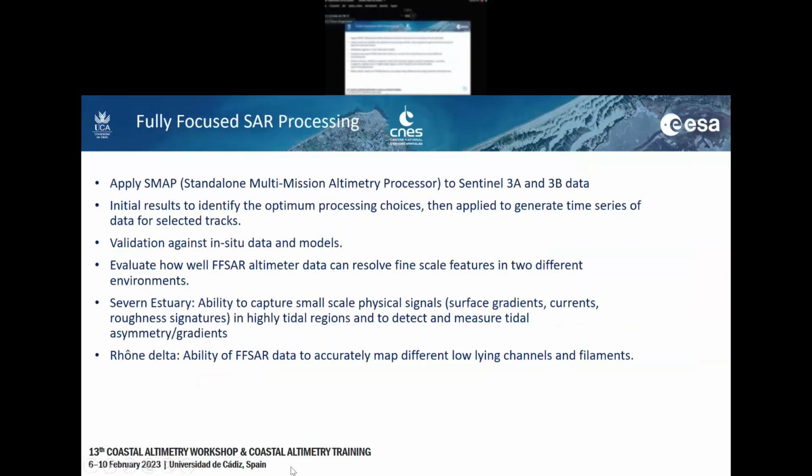Moving to fully focused SAR processing, it's really the focus of this presentation. This is carried out by DTU Space, firstly by Heidi Randall and then Karin Nielsen. They've installed the SMAP processor in DTU and implemented it, and then they're applying it to Sentinel-3A and 3B over the two locations. And the plan is, from early processing, to identify the optimum processing choices, then generate time series of data, the selected tracks as well as long track data, validate that against in situ data and